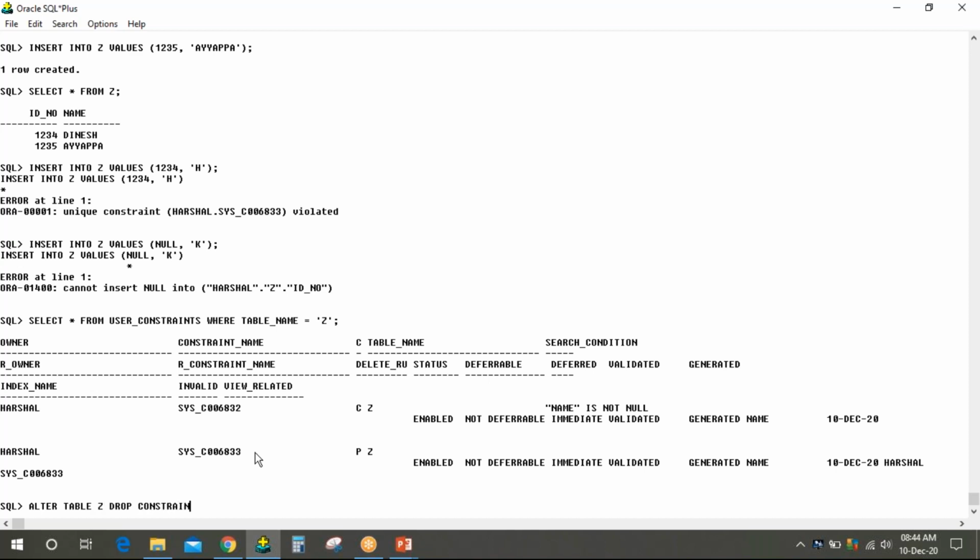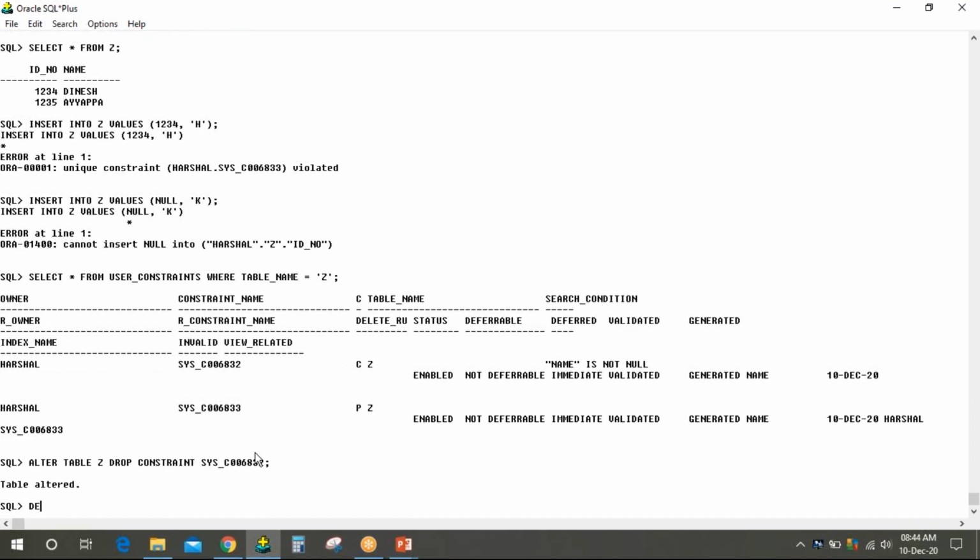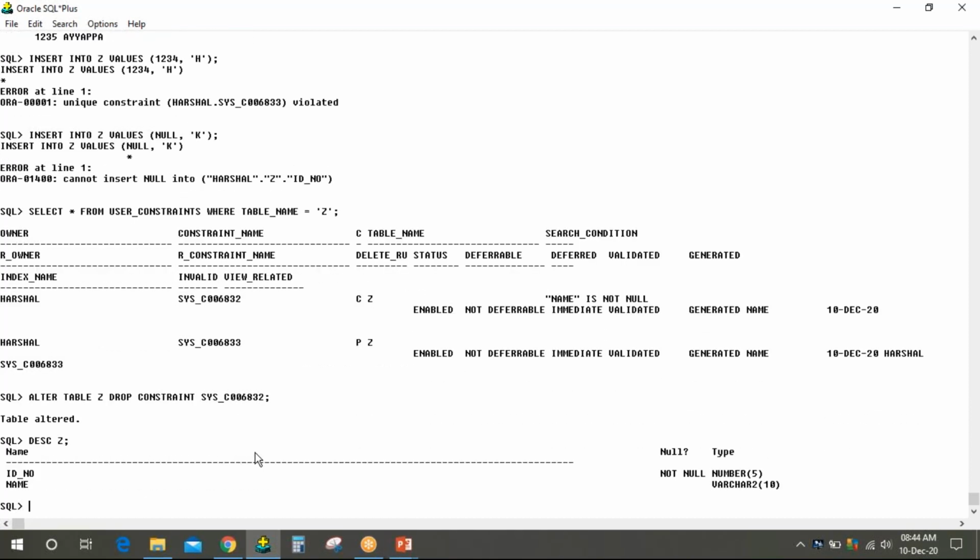I've dropped the constraint. The ID number is still there. I drop a different constraint.